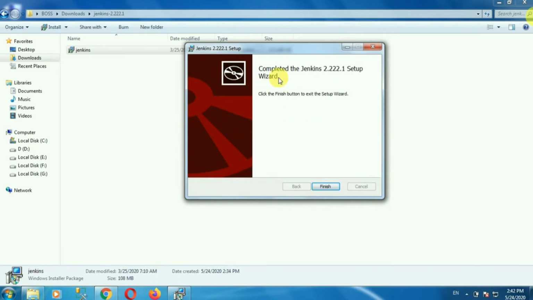Here you can see the message completed the Jenkins 2.2 setup wizard. So click on finish.